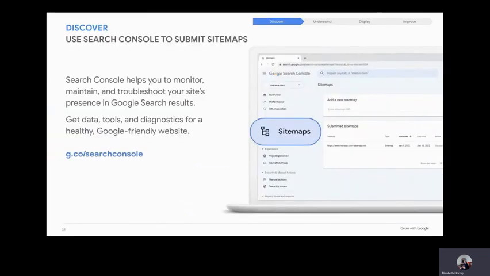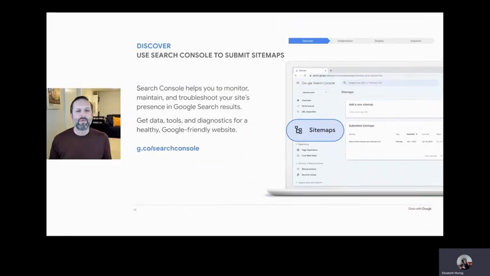Once you've created and added a sitemap to your website, the next step is for Googlebot to find that sitemap and use it when next crawling your web pages. There's a tool that can help you kickstart the process, Google Search Console. Search Console, once known as Webmaster Tools, is a tool that includes a number of features that help with SEO, including the ability to submit a sitemap so that Google knows it's there and ready. You can create a free Search Console account at